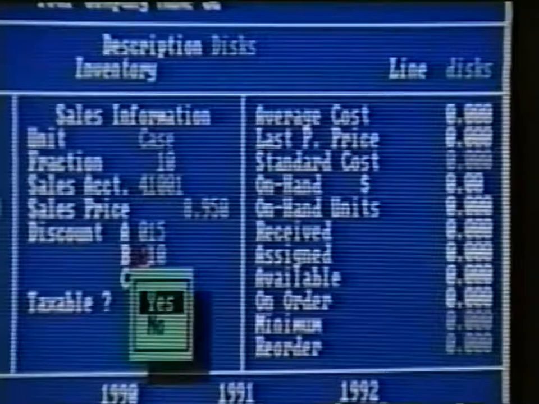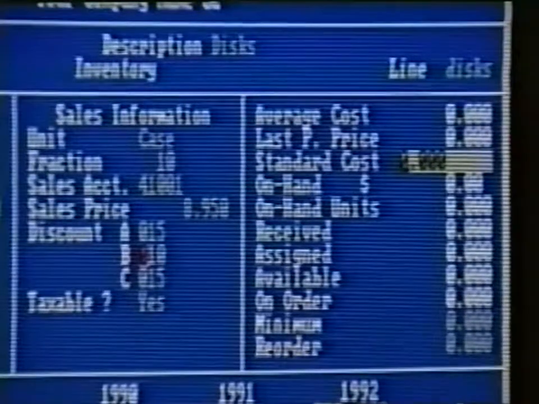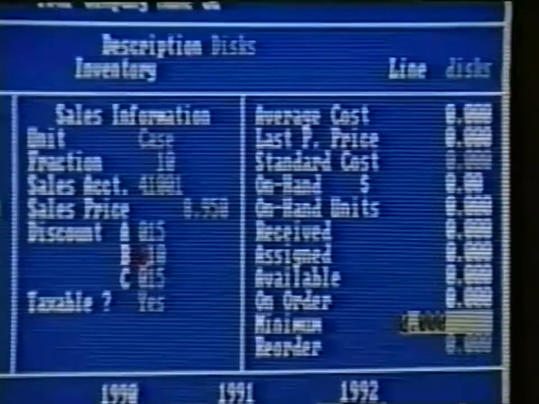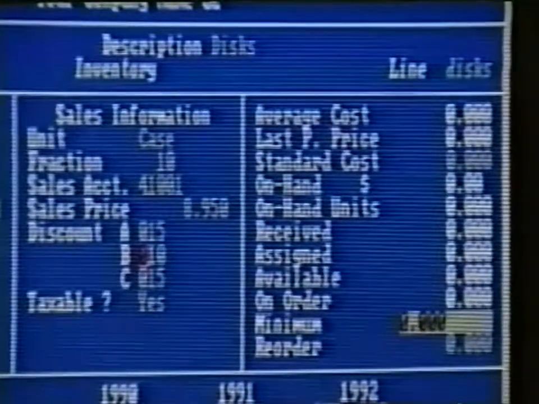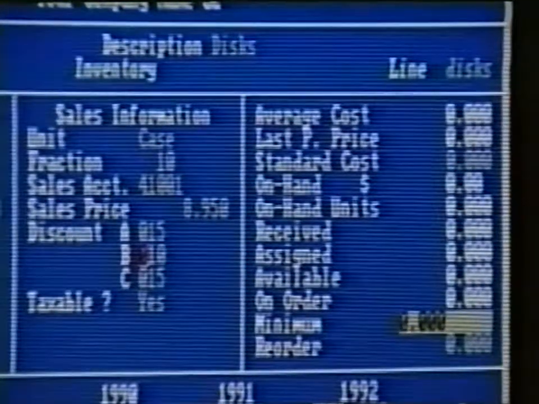If we use the standard costing system, we'll have to enter the cost in the standard cost field. Since we selected LIFO for our costing system, we'll skip this field. All the other fields in this third column are calculated by Pacioli 2000, except the last two. Here, enter the minimum number of units we want on hand.